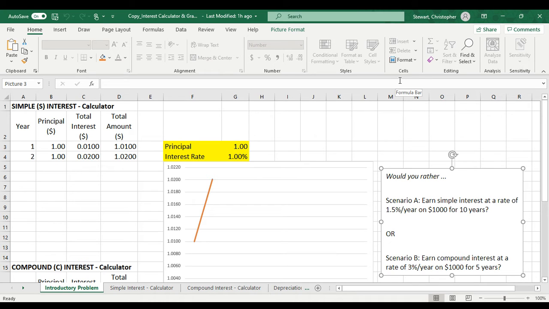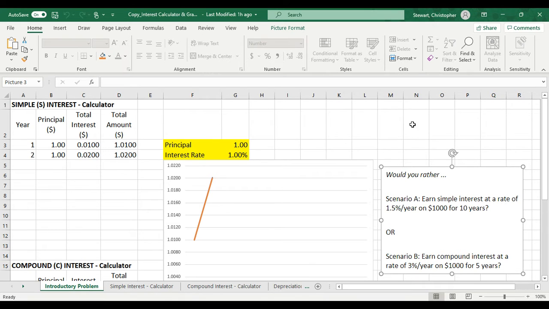Hey everybody, Mr. Stewart here at Math We've Got This, and I've created a short screencast to show you how to use this simple and compound interest calculator that I've built to support your learning around financial literacy, specifically simple and compound interest. So to get started, let's just say that we have a particular scenario, and we'll call this